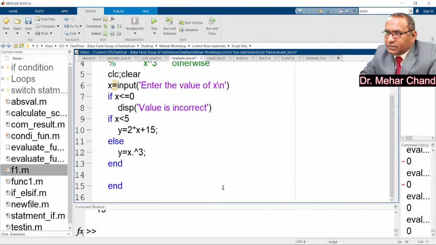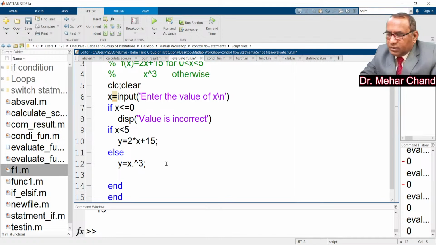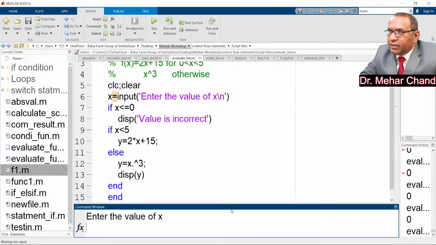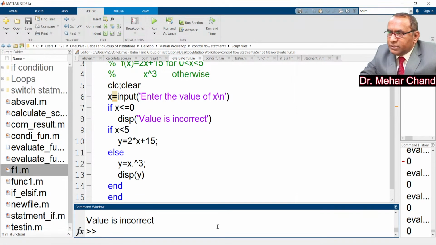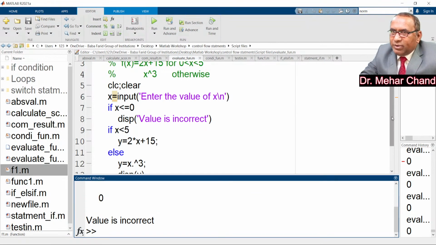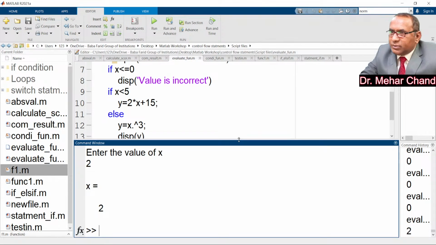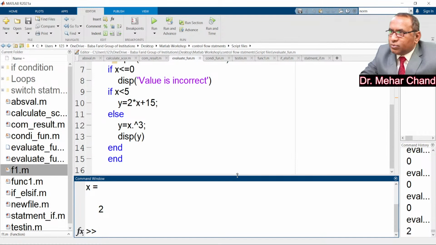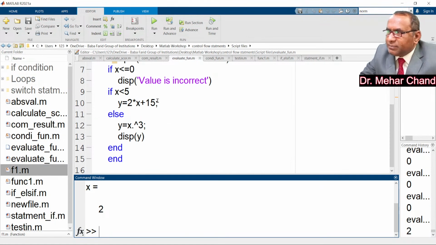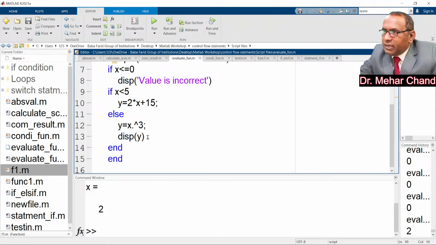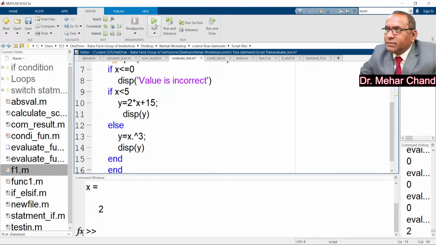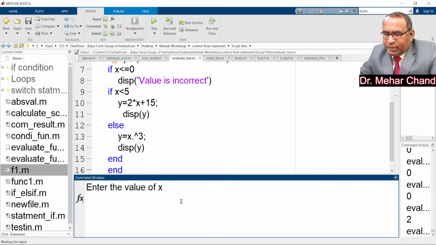Copy from this place. Yes. Okay. 0. Yes. Now it is fine. You can see when we have x is equal to 2, the value of x is 2. But still there is some error. Display y. Copy and paste at this place. When we have x is 2,